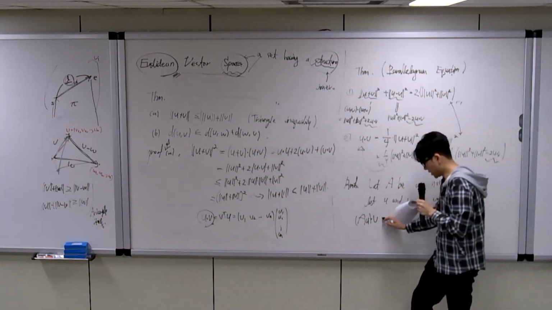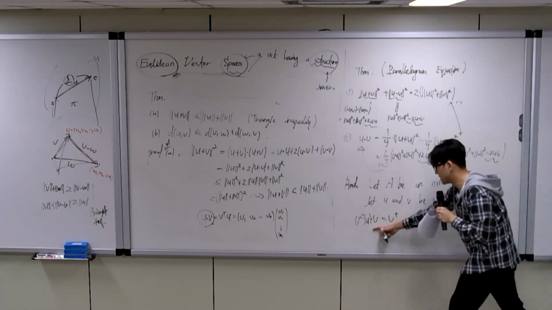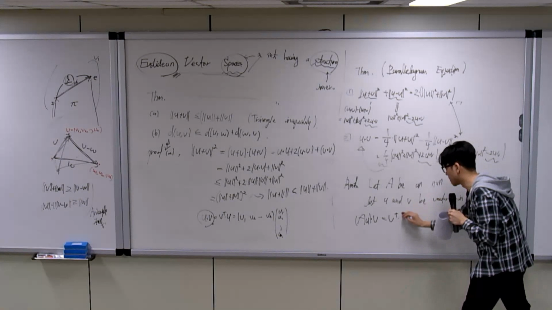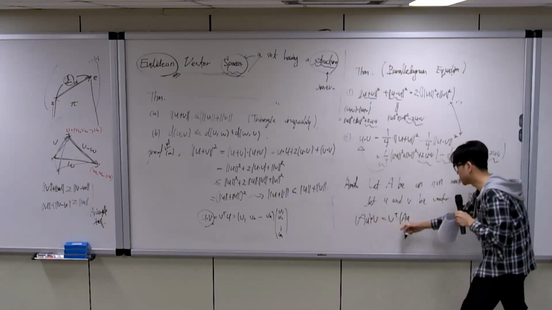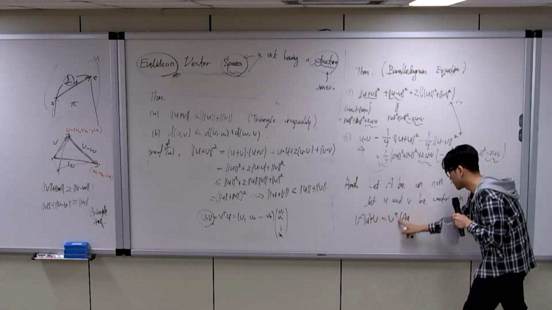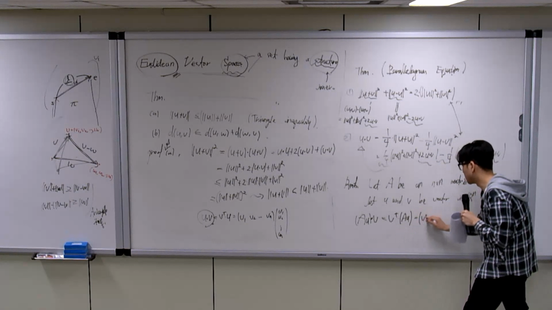So in this sense, we can write the inner product of Au and v as the matrix multiplication v transpose times Au, and by using the associative rule,